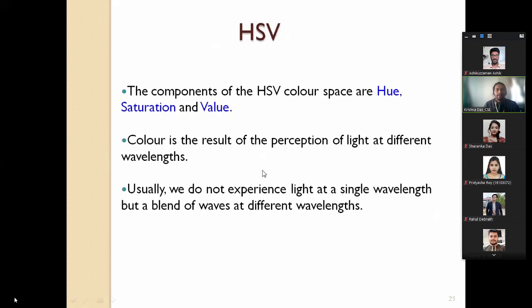Okay. All right, we'll go for the HSB model. We said this is a user-oriented model, and to understand that model, we have to consider that light is not considered as a single wavelength. It is a blend or mix of different wavelengths. These represent different colors, and from that concern we will try to discuss hue, saturation, and value with some visual structure. What do you understand?